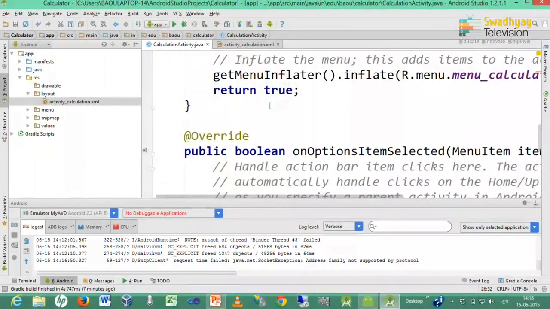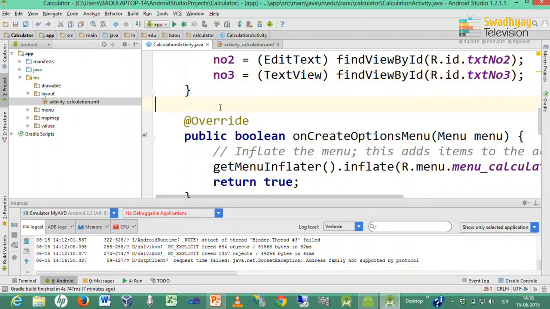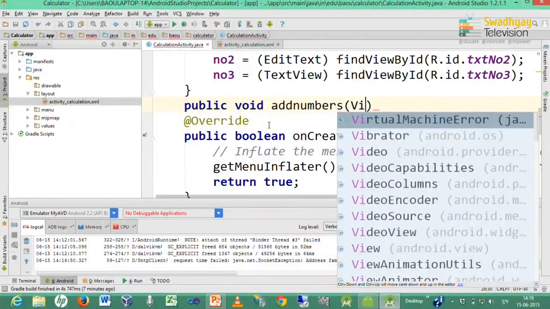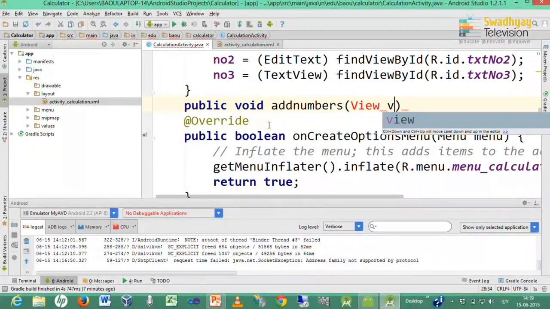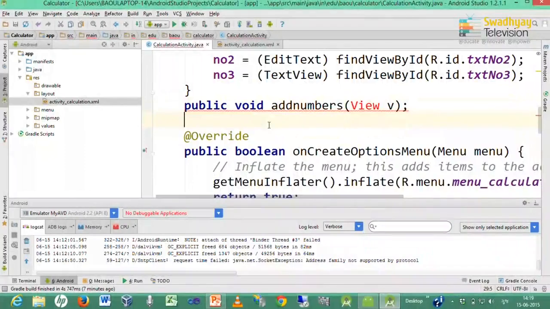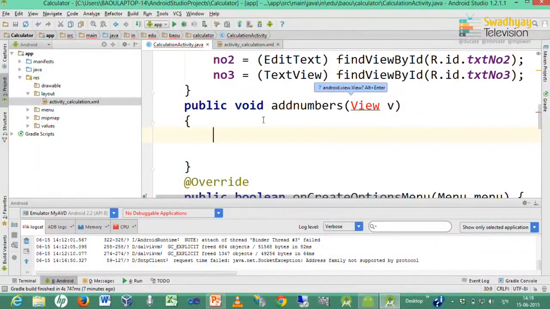Inside this Java file we have to declare one method with the same name, but it should be public, its return type should be void, and the method name should be whatever is specified in that property.